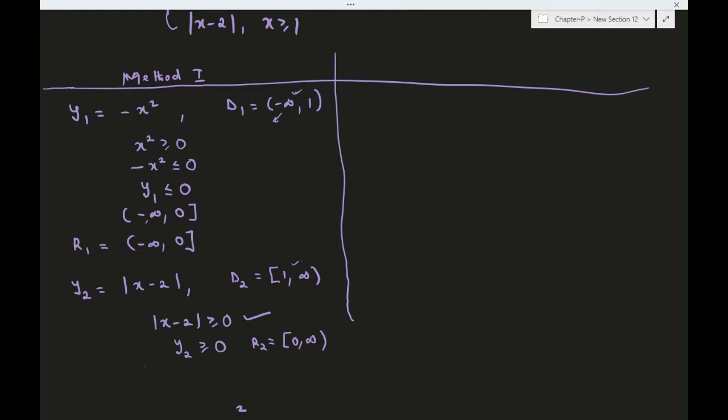Remember, the range of the function is going to be the range R1 from the first piece and the range R2 from the second piece. And R1 is minus infinity to 0 closed, union